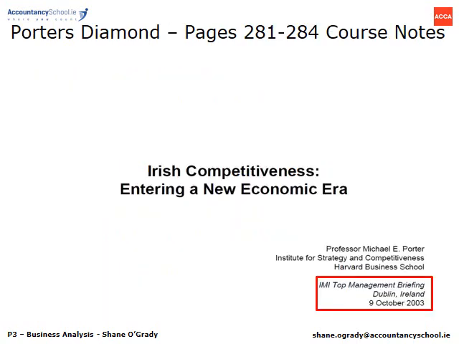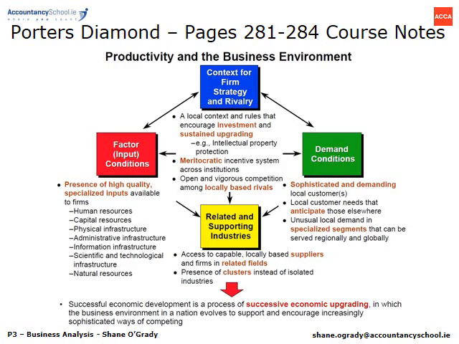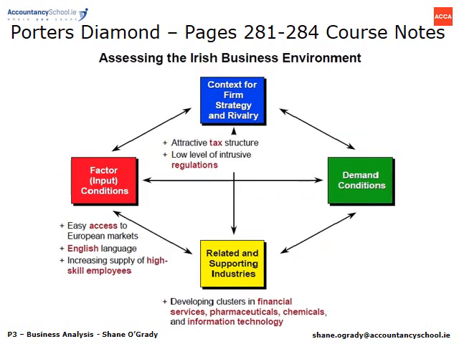Okay, so just for completeness then, there is some additional material in my course notes. If you take a look from page 281 to 284, you'll see this document from Michael Porter, believe it or not. He came over to Ireland in 2003 as a guest of the Irish Management Institute, and part of his presentation was actually Porter's Diamond. So on 280, you can see this is a slide from his presentation explaining what the constituent parts are. And on the next one, page 282,